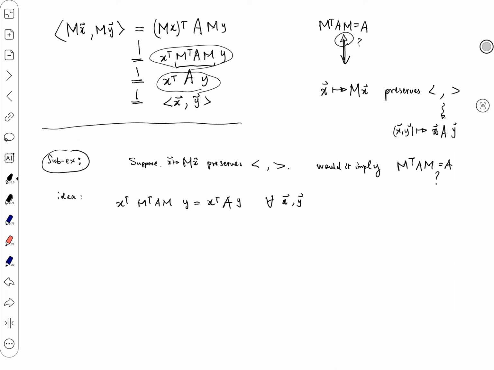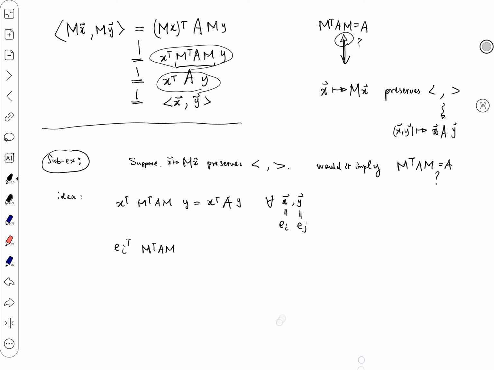Again, we are going to use test vectors. So let's use x as e_i, y as e_j. Then what we have is e_i transpose M transpose A M e_j